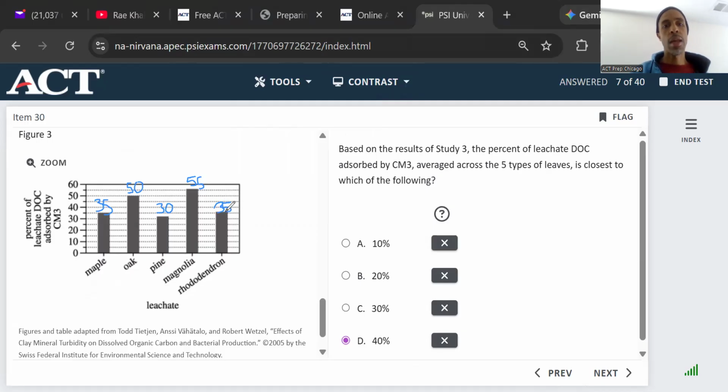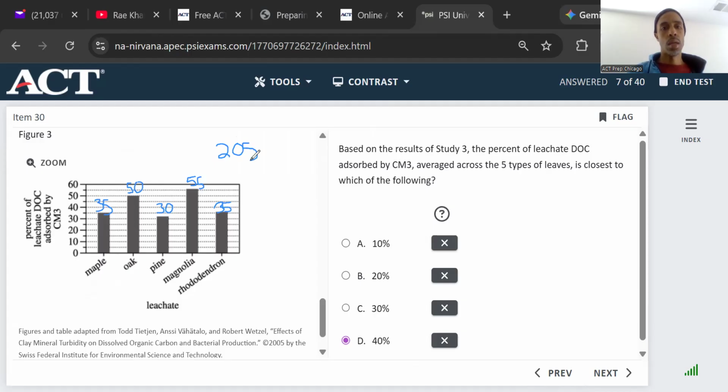So if we want to do it mathematically, we can add them all up. 35 plus 35 is 70. And I would do 50 plus 55, that's 105. So 70 plus 105 is 175, plus 30 is 205. And you divide that by 5. If you divide 200 by 5, you're at about 40. So actually a little bit over 40. You guys see how I did that? I did 35 plus 50 plus 30 plus, and I got 205. If you add all those up, you get 205,